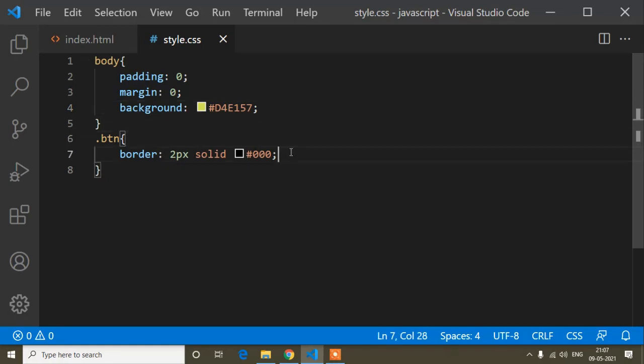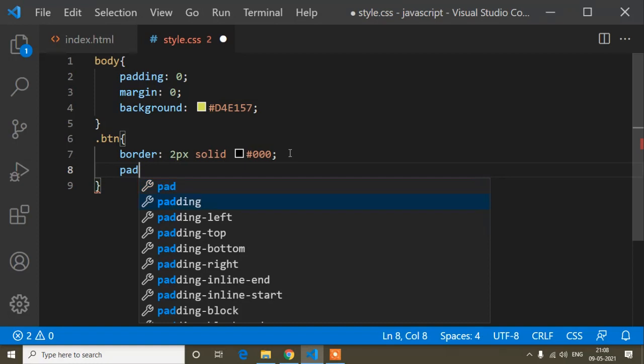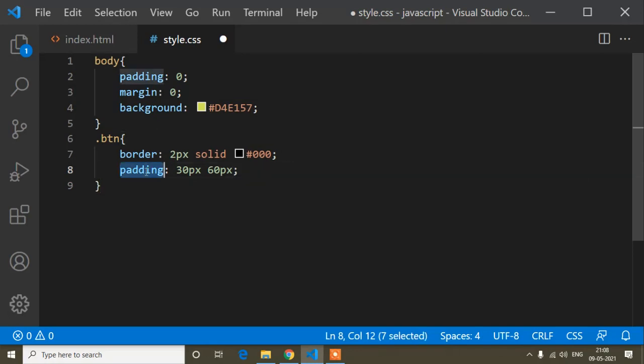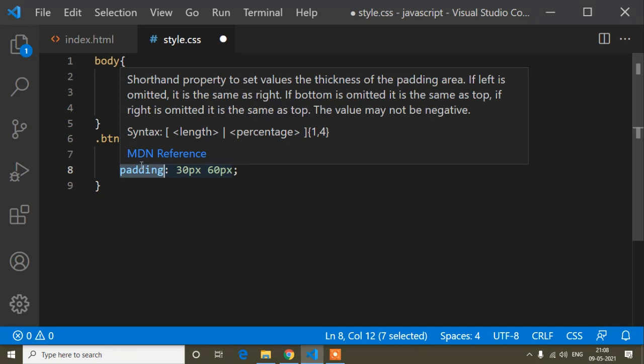Okay, so now I will start to write some code in this button again. And now here I will write padding is 30 pixel. Padding you can write as per your choice, every CSS you can write as per your choice, whatever design you think looks good. But here I will just explain what each CSS property is used for. Suppose padding, border, these are called CSS properties.